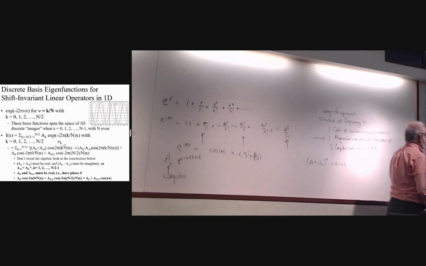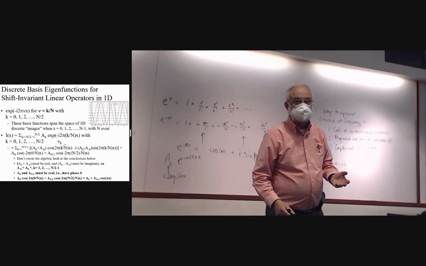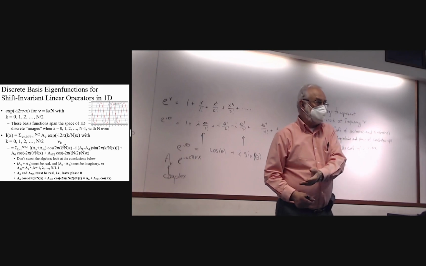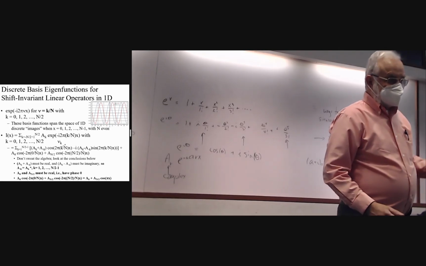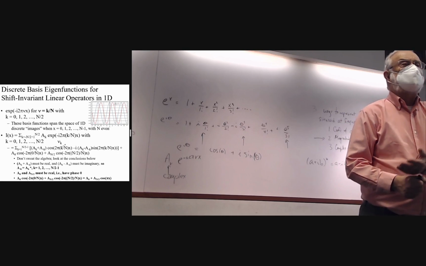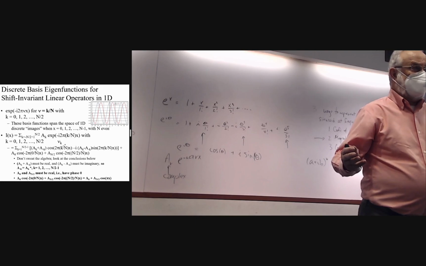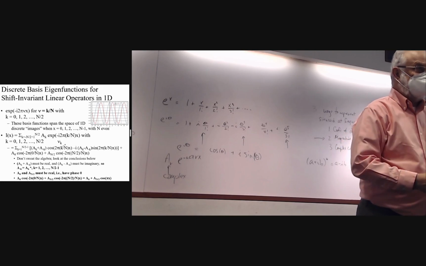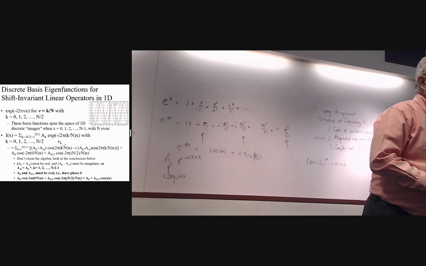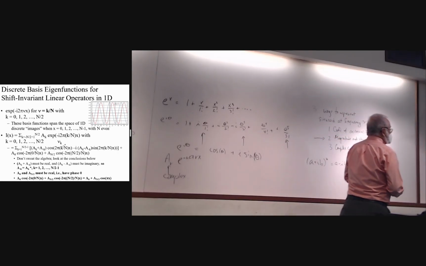Because a0 and a sub n over 2 have no sine terms, their coefficients have to be real only. Right? Because otherwise you'd be multiplying something at that frequency, you'd be having an imaginary component, and real data has no imaginary components. The data itself is real. So what we end up with